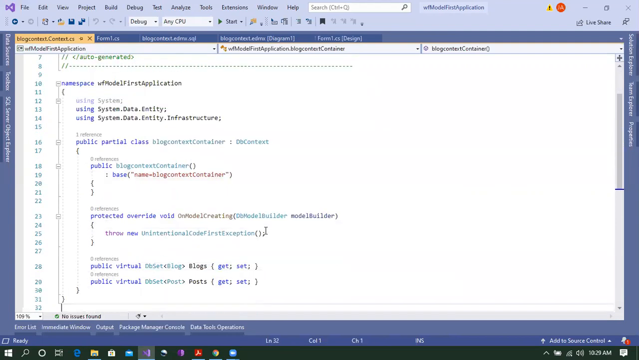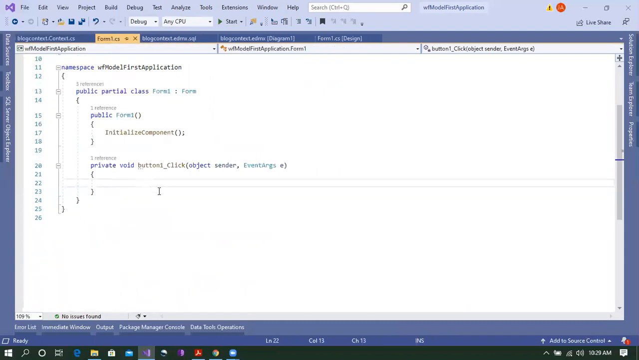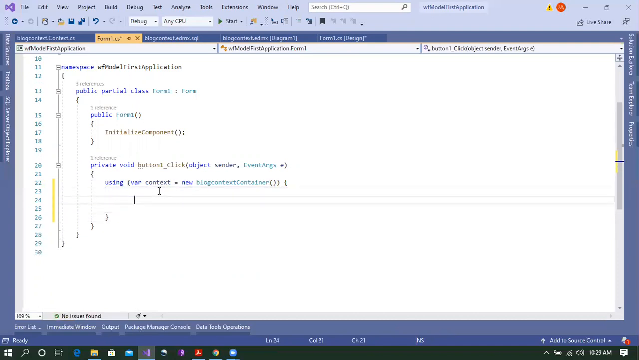That is the name of the class that we use as a container. Remember, in code first we created this kind of class ourselves, and that class was a child of DbContext. So now what I am going to do is use a variable context, an object of blog context container, and here blog record equals new blog, record.name equals